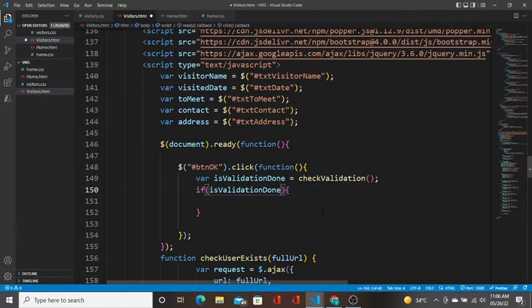It means if the value is true, I am going to create a variable called